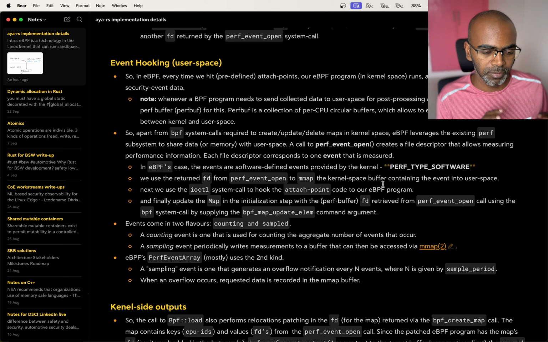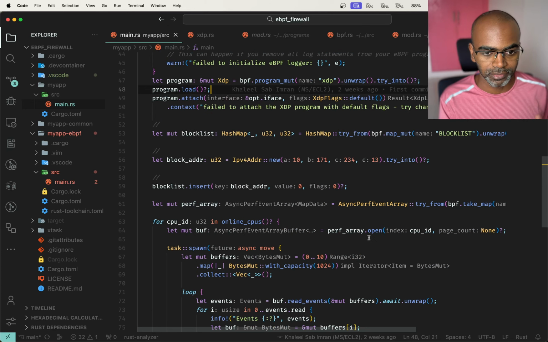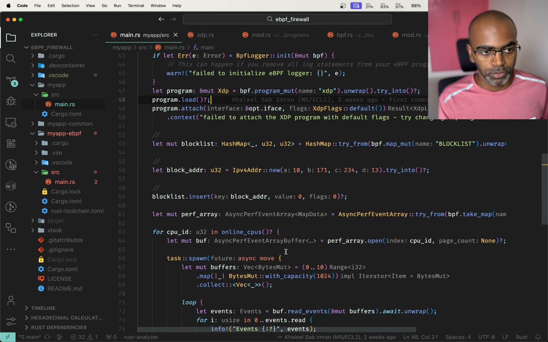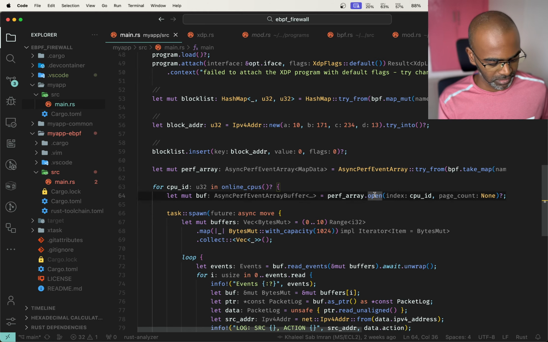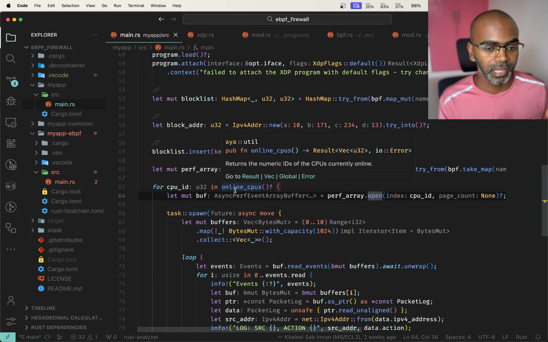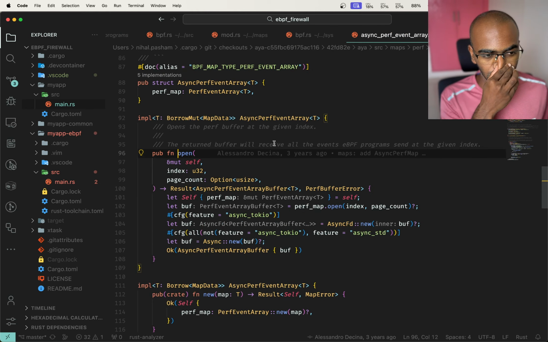And then finally, you hook up your eBPF program to the event, to the attach point, and you're done. And as you can see, I'll walk through all of this, because this is going to look alien if you're not walked through this. So we've loaded the program over here. We basically pulled a map, the map that we were talking about, and we call this open method on the app. And if you can see, the CPU IDs of all the CPUs that are online is what we're looking at. If you basically go into open, you'd see that,